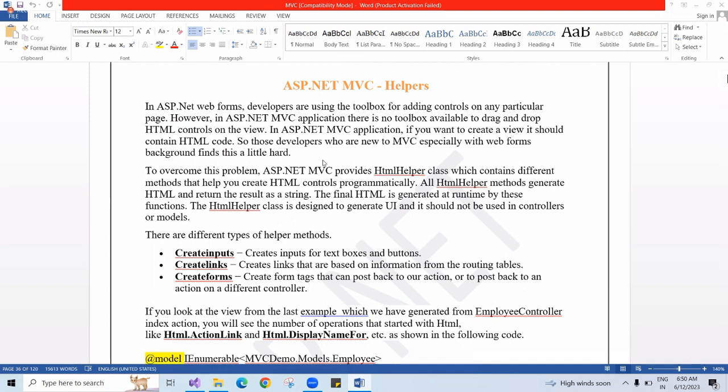Yeah, note down this theory from here. ASP.NET MVC provides HTML helper class which contains different methods